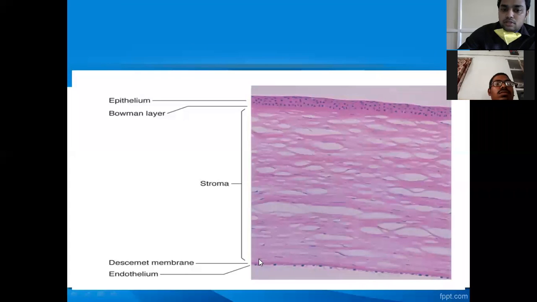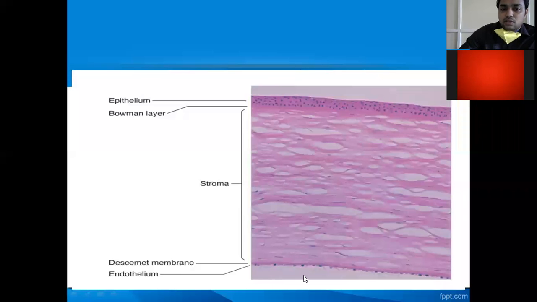And stroma, which constitutes about 90% of the cornea, consists of keratocytes. These are nothing but flattened fibroblasts, which help in the healing process. It's followed by Descemet's membrane. It is a highly resistant and elastic layer, and it is the strongest layer of the cornea. This is followed by the single layered endothelium. There is an active pump in the endothelium which prevents the influx of fluid from inner layers into the cornea and helps in maintaining the normal transparency of the cornea.